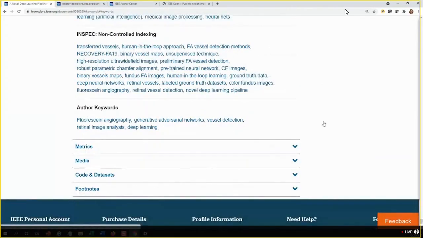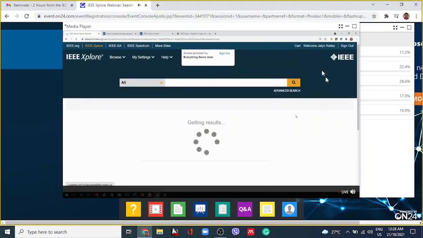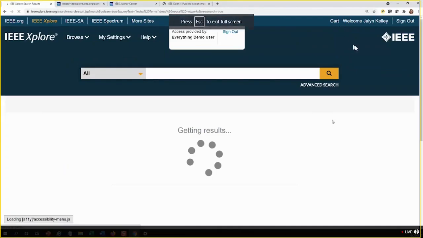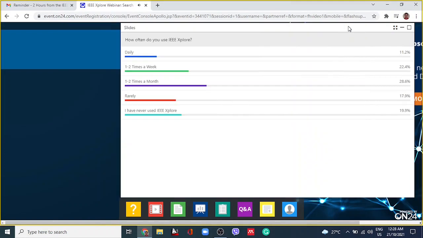The metrics section will basically tell you how many times this document's been downloaded, citation counts from other databases, and even if the document's been cited online in Wikipedia or on Twitter. So it's useful to see how